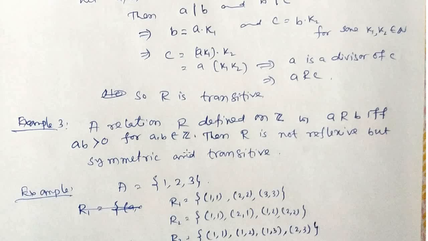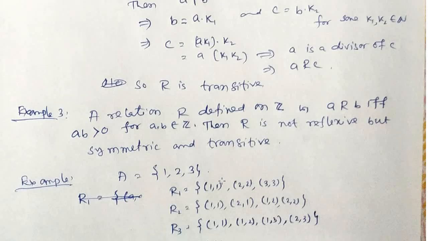Here we have taken a finite set A containing 3 elements. If you have to give an example that is reflexive but not symmetric, this kind of example can be given from this set. This is easy, because we have taken R1, R2, R3. Here (1,1), (2,2), (3,3). This is obviously reflexive, because all the elements of A are there. This is symmetric also, because if (A, B) is there, then (B, A) is the same.